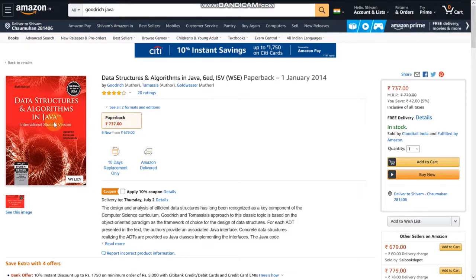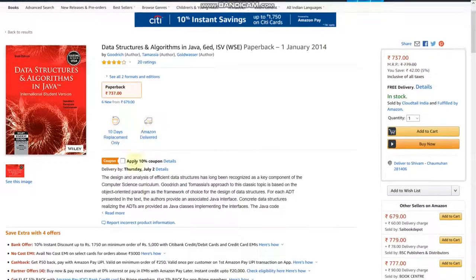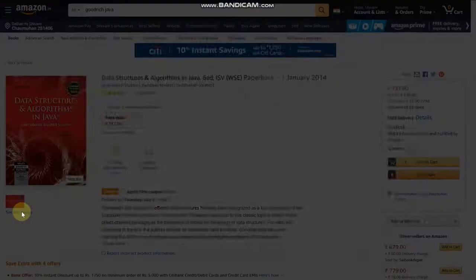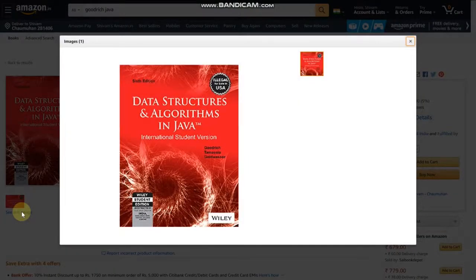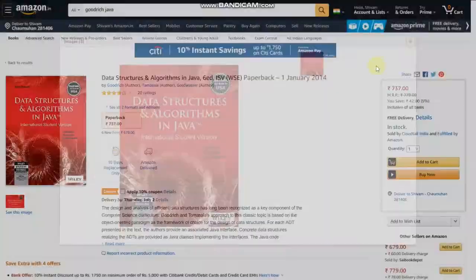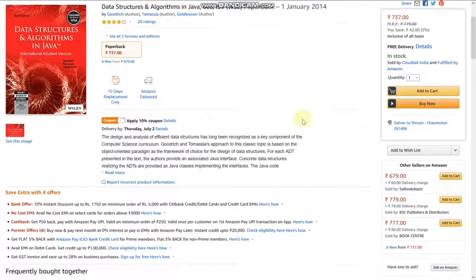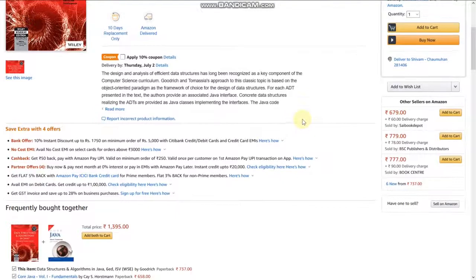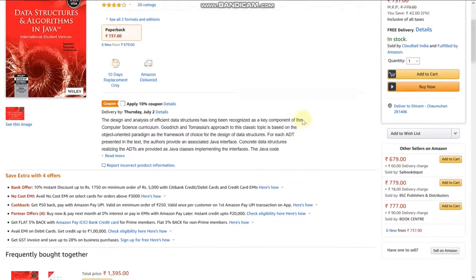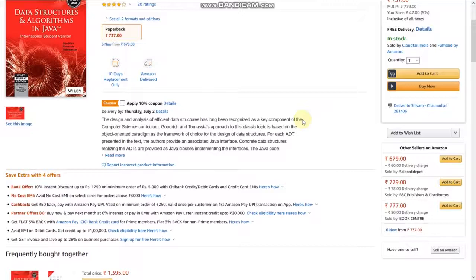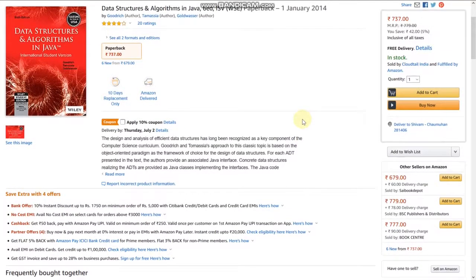So moving on to the next, number 4, we have Data Structures and Algorithms in Java by Michael T. Goodrich. This is another conventional book on algorithms and data structures. Two things I liked about this book are that examples are given in my favorite Java programming language, and you can use this book as a reference for learning data structures like stack, queue, linked list, tree, or graph.